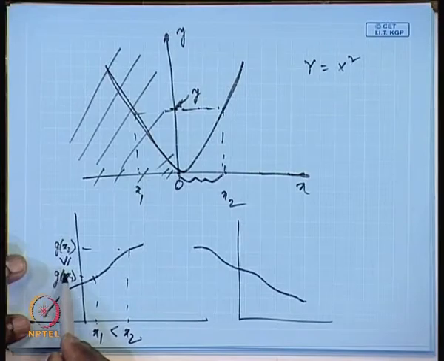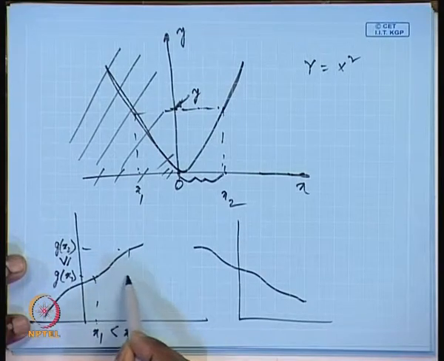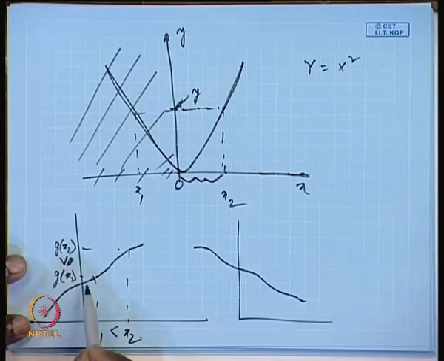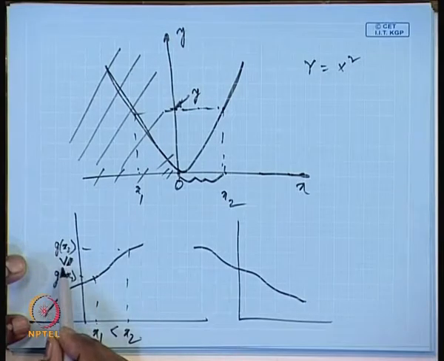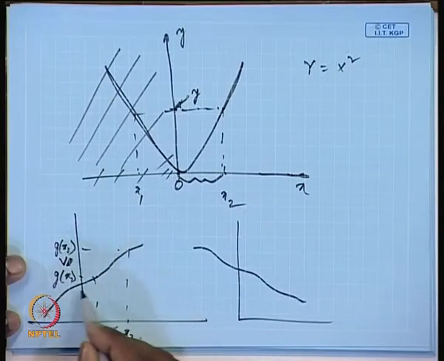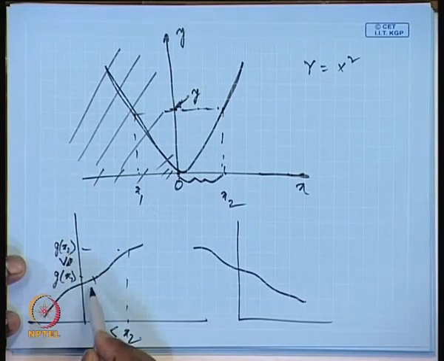If I put this sign, less than or equal to g(x2), that means I am including the equal to sign, so it can even be flat. That is called monotonically increasing. But if I exclude the equal to sign, that is known as strictly monotonically increasing. Strictly monotonically increasing means it will always increase for higher values of x. Otherwise, if the equal to is included, that is known as monotonic. So if this function is monotonic, this transformation is always one-to-one.